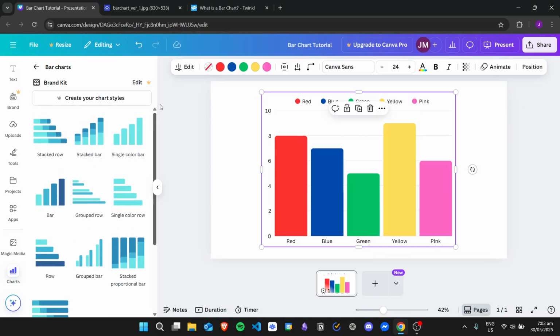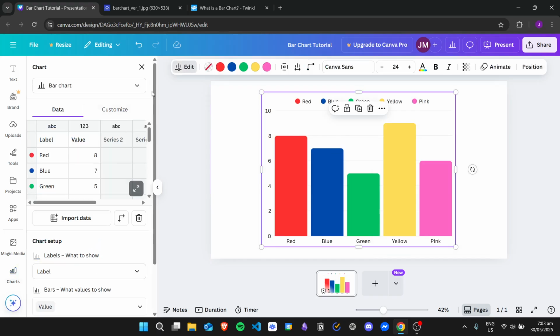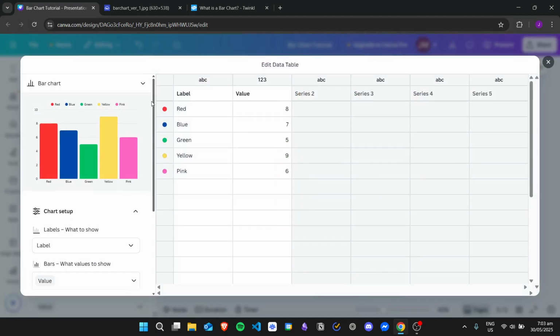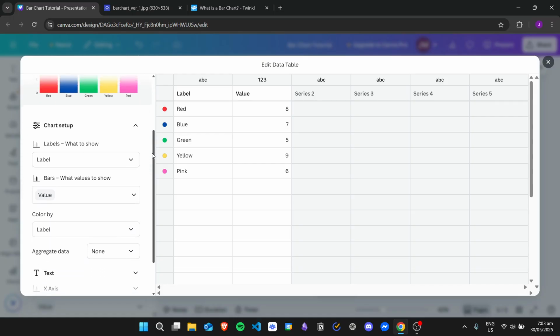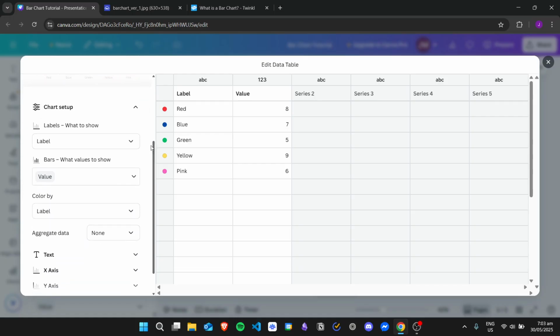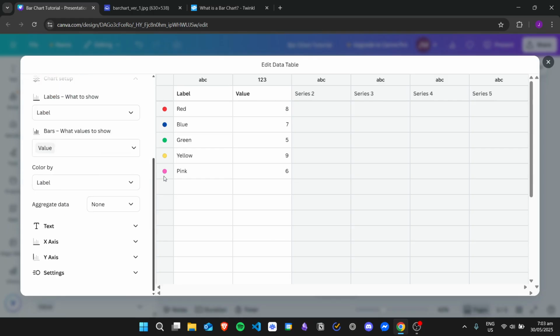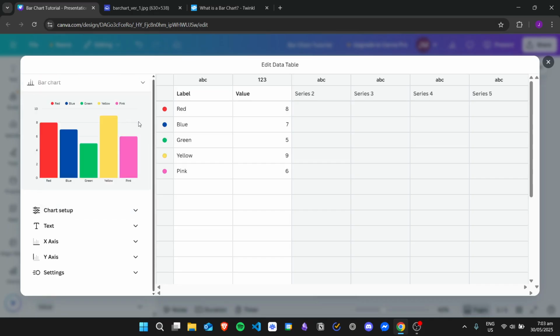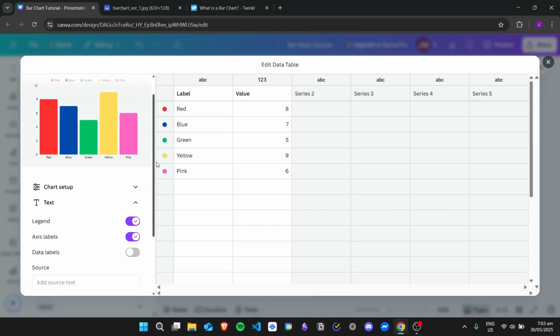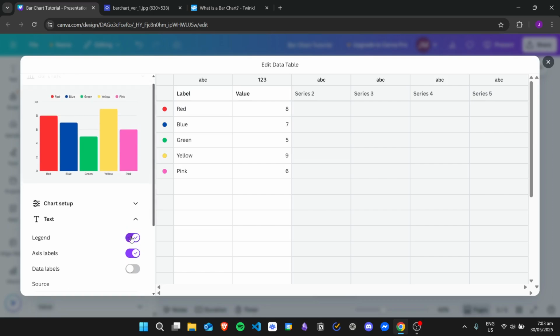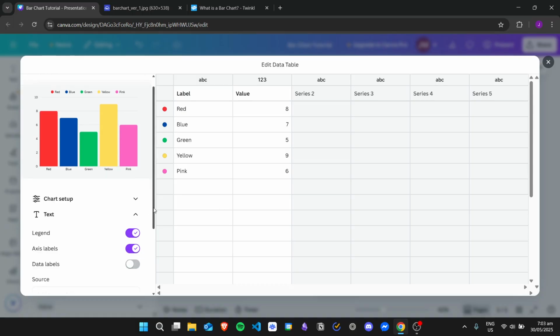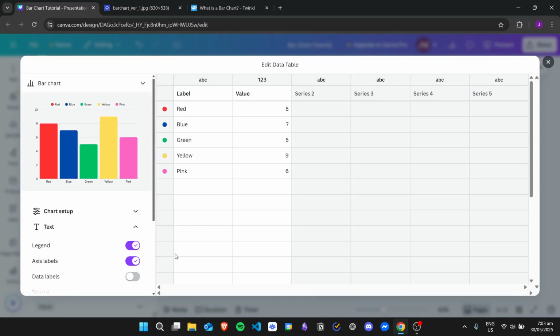And then we can also edit our chart further by going here and tweaking the advanced settings right here. So for example, I want to change the text. You can see right here, the legend is checked, the axis labels are checked, the data labels are off. If you want to change that, you can turn this off. And then as you can see, the